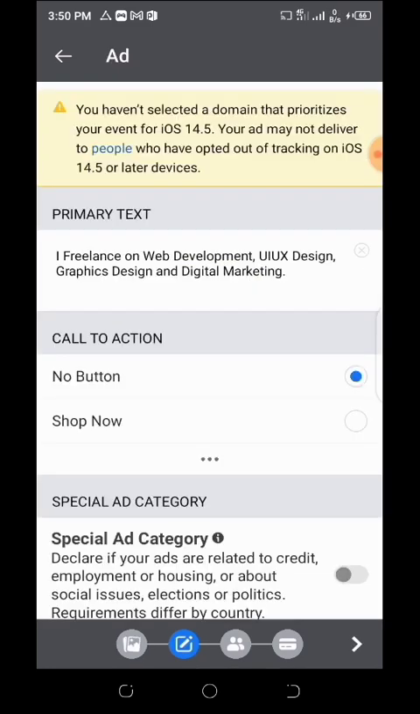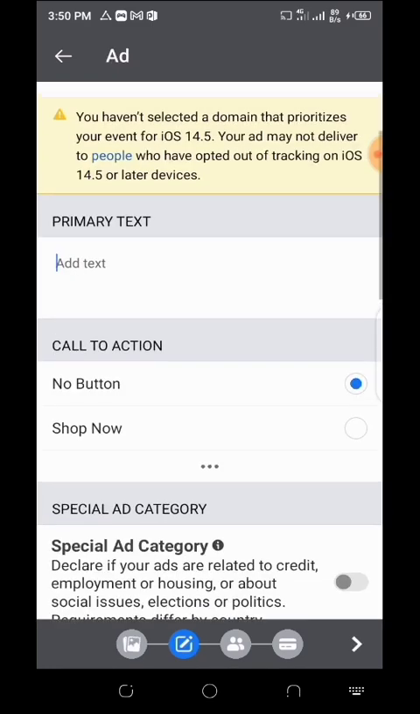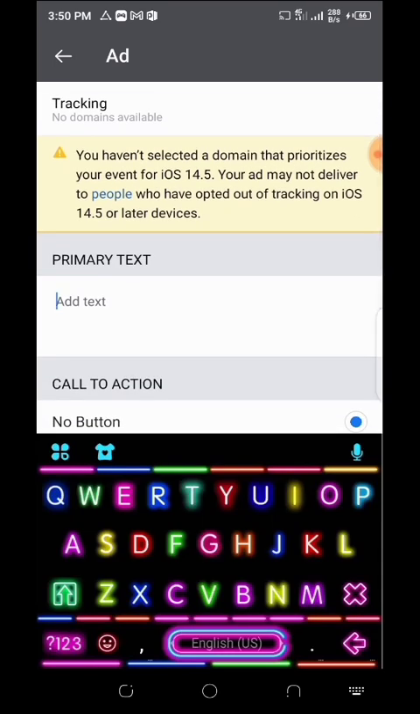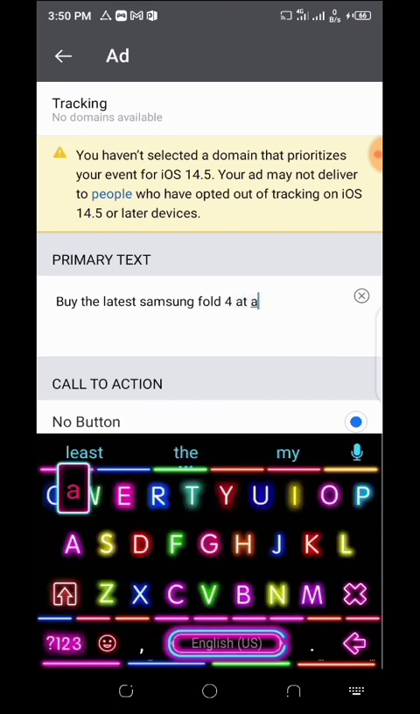Okay, so the primary text, there will not be anything in your primary text. So primary text is going to be the information about the ads. Let's say you want to say: buy the latest Samsung Fold 4 at a very good, affordable price